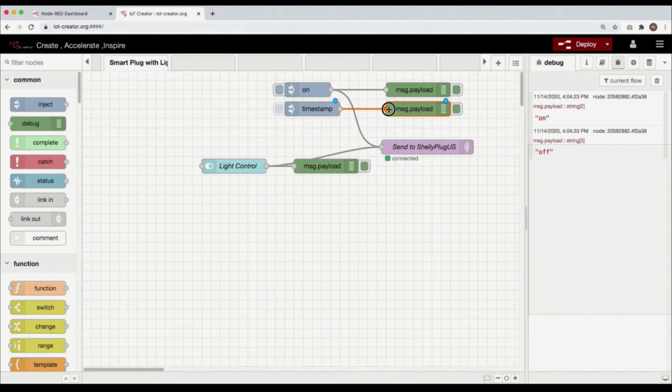Next, you'll want to click on the right side of the same timestamp node and connect it to the MQTT output node, which says Send to Shelly Plug US. Following this, click on your timestamp node,